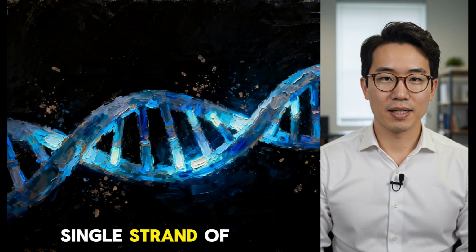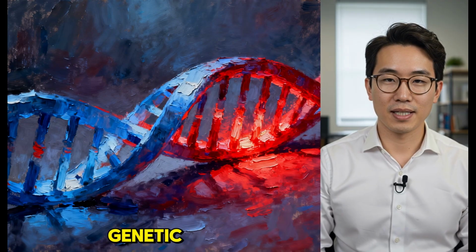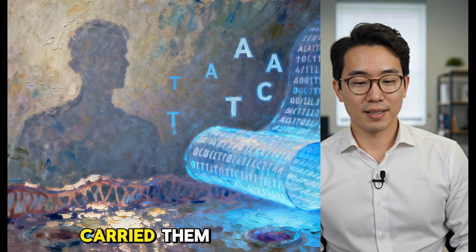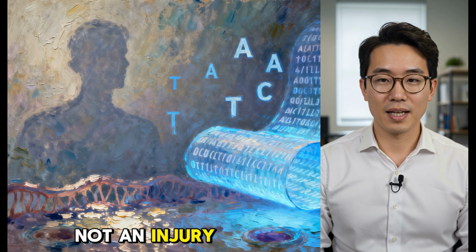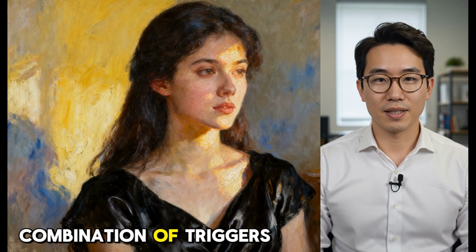Somewhere inside a single strand of DNA belonging to one of the most photographed women on the planet, a set of genetic instructions turned against the body that carried them. Not a virus, not an injury, not anything from the outside world at all. The enemy was written into her own code, waiting for years for the right combination of triggers to switch it